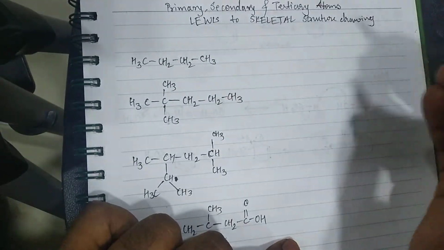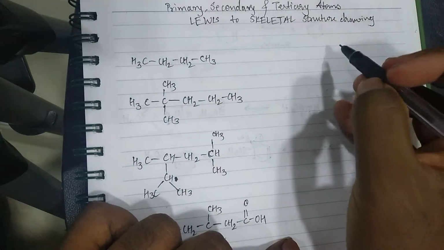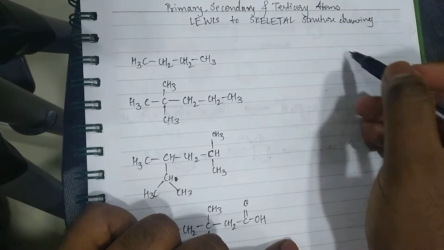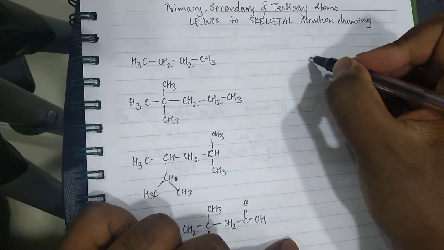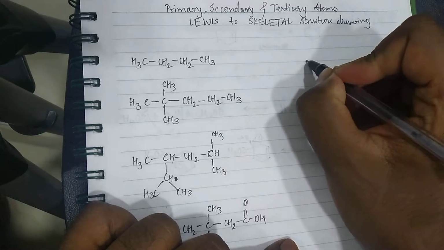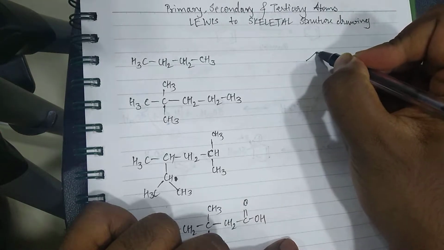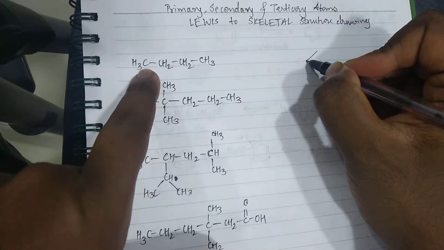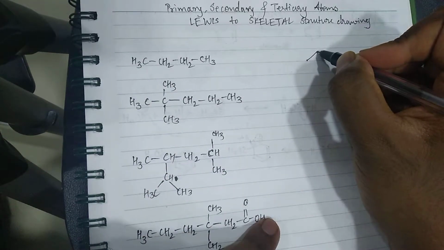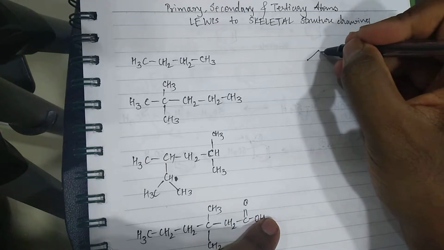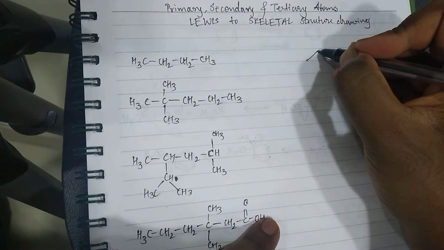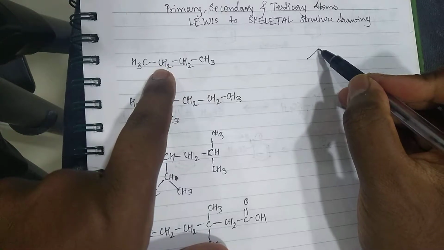Now how do we convert this to a skeletal structure? 4 carbon atoms means I need to represent 4 carbon atoms in the skeletal structure. So I'll start the first corner here, okay, the dot. This dot represents CH3. Now you draw a slanted line in this way. Then you break this line downward. Okay, so now this corner becomes CH2.